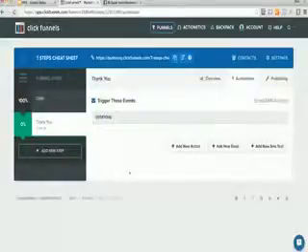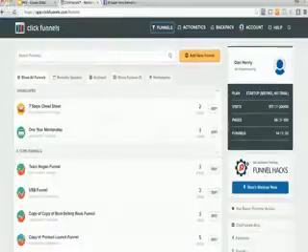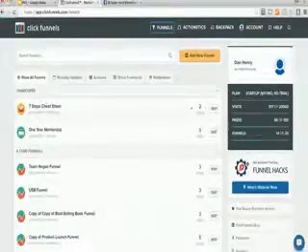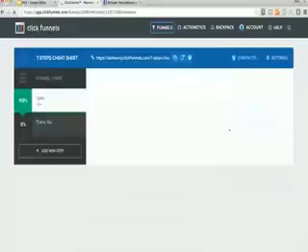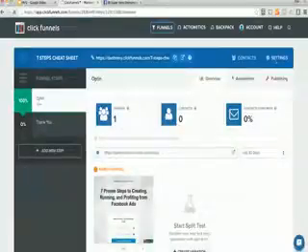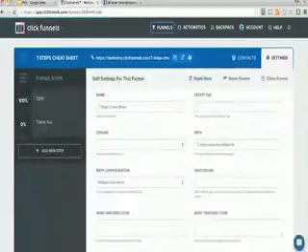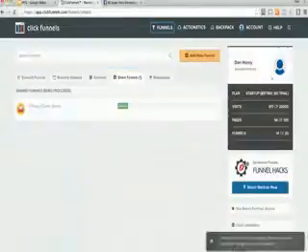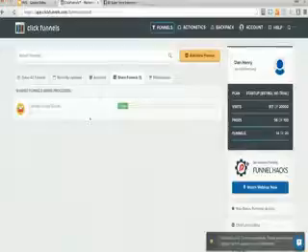what you would want to do, and by the way, you can actually see this cheat sheet funnel that we created. You can actually hit edit, and you can go to settings. You can hit clone funnel, and it'll clone the funnel. And this is pretty cool because what we can do now